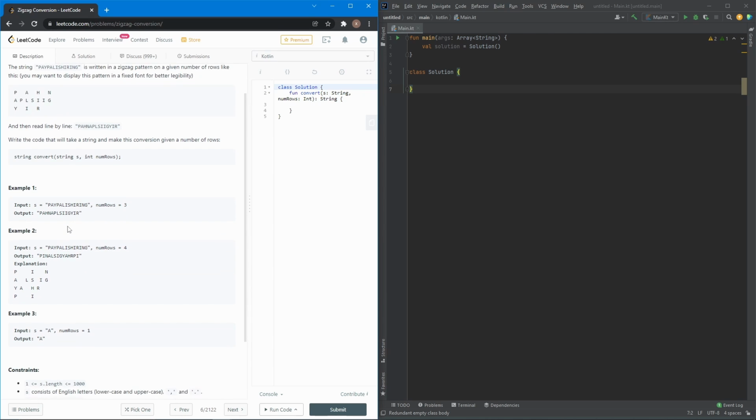And so they show that example, with this and this example. Okay, so this is important, and one of my questions I had here. There's 4 rows here, and that's how that works. It goes down and then diagonal up, down, and diagonal up and down. Okay, so you can assume with 5 it would have to be 1 additional, and if the number of rows is 1, the output is a. Okay,